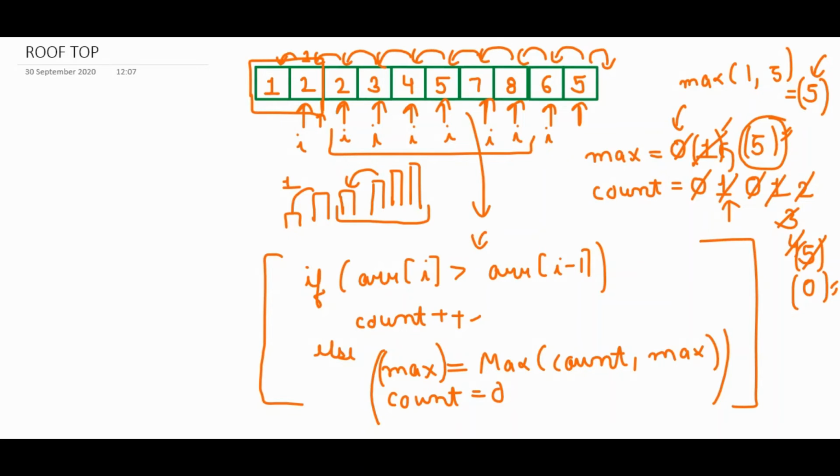This way we have to solve this question, and also this is the exact same question in which we have to find the consecutive increasing subarray. Okay, this is the exact same question. We can use the same approach in that question as well. Okay, and the time complexity for this is big O of n. Why? Because we are only traversing this array once.